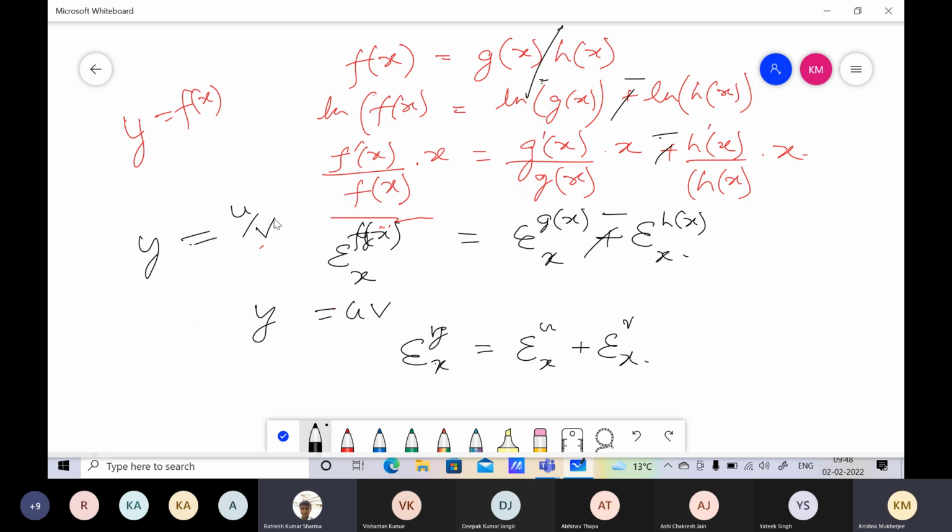Now we can say, instead of doing this irritating differentiation, if you can make